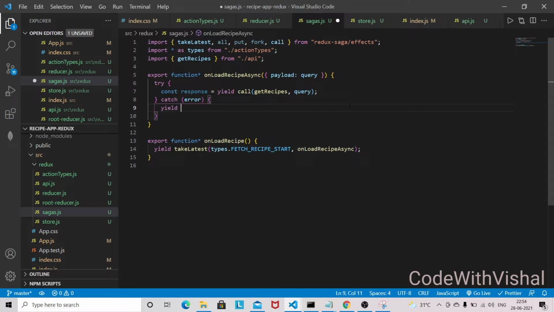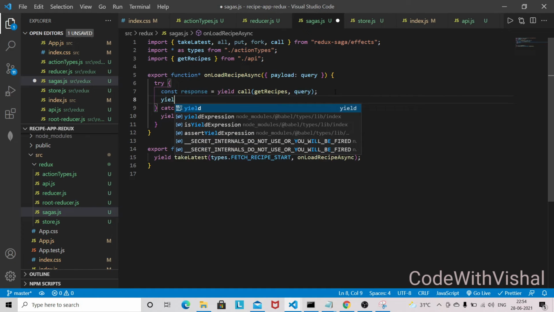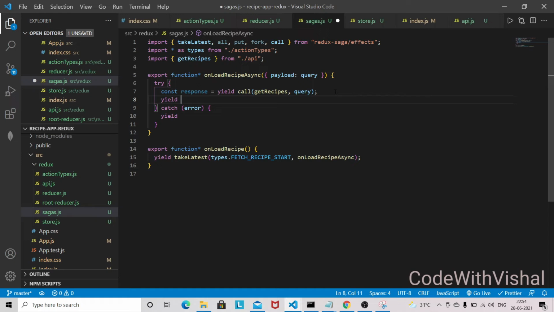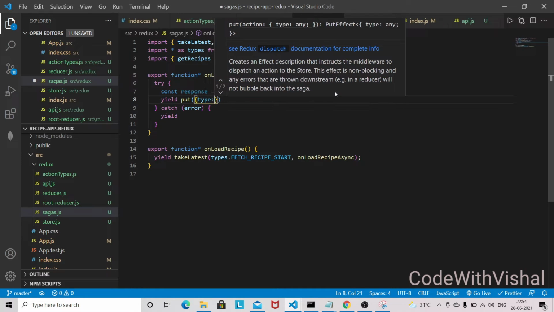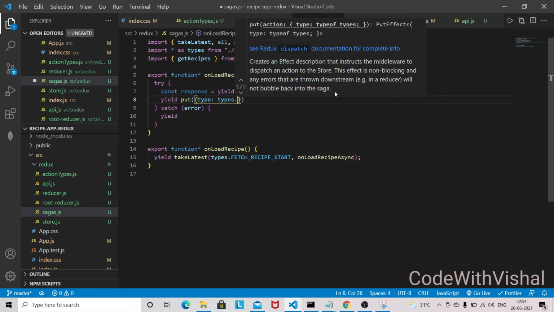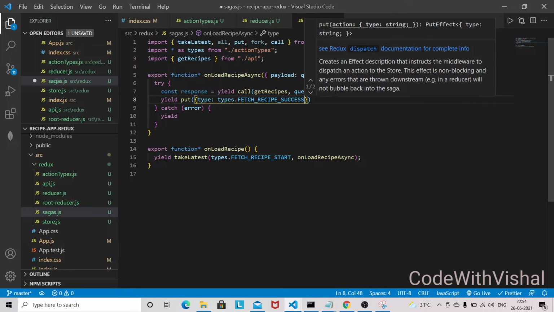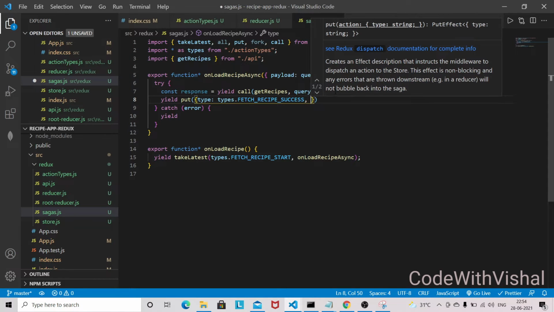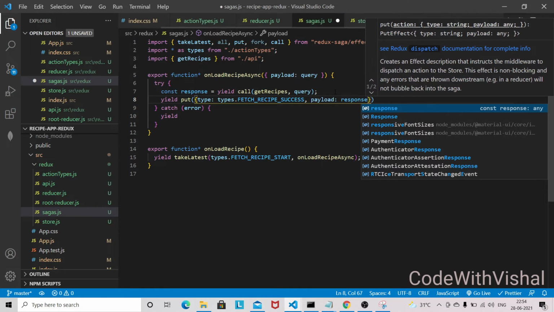And if there is any error, I will be working on the error part later. So let's work on try here. So yield, now we have a response, and from here I am going to dispatch an action using the put method. If everything goes well and we got the response back, then I am going to dispatch a new action, fetchRecipeSuccess, and the payload will be response.data.